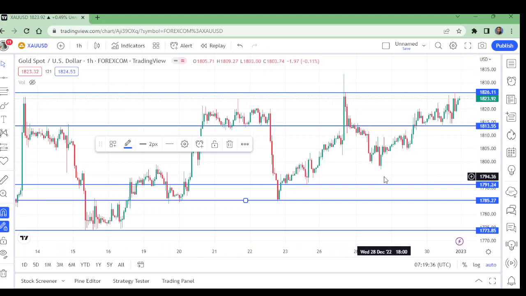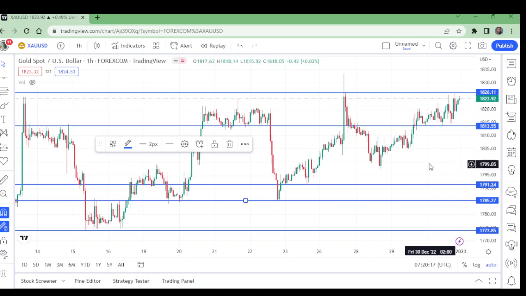And while coming down, we don't see any support created, like there is no support here. Though you may argue that this looks like support, it carries bearish volume, so it will be broken to the downward. Here in this support you will watch the wicks that are down, that are bearish, and in this support the wicks touching this support are bullish. So this support will be broken to the downward.